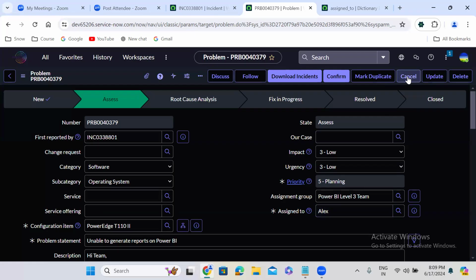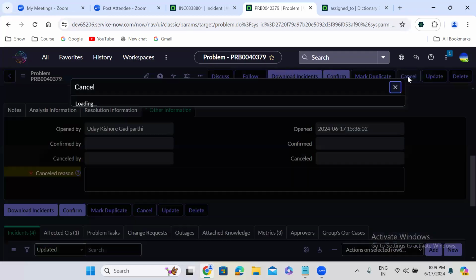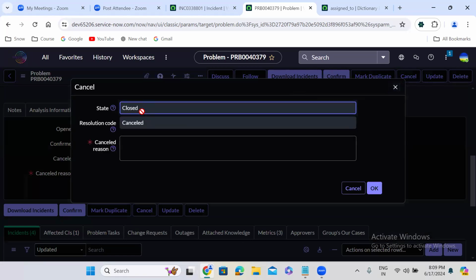He can click on cancel. While clicking on cancel, he has to provide the cancellation reason.